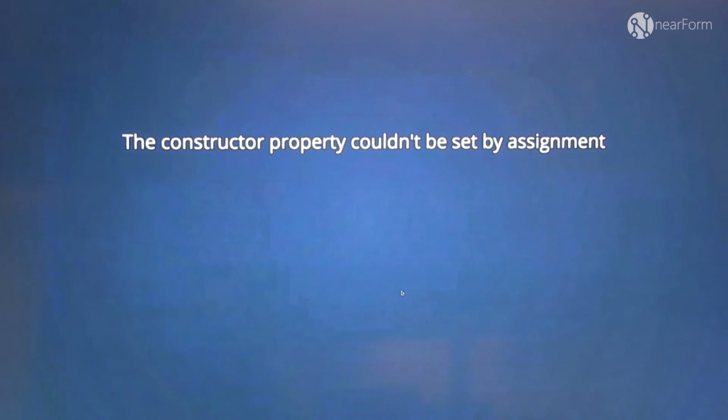One of the interesting parts of the implementation for Netscape was that the constructor property couldn't be set by an assignment. And not only couldn't it be set, but if you tried to assign a value, the browser would give you an error and a pop-up saying that's not allowed.